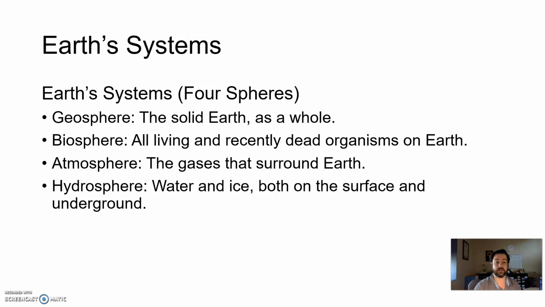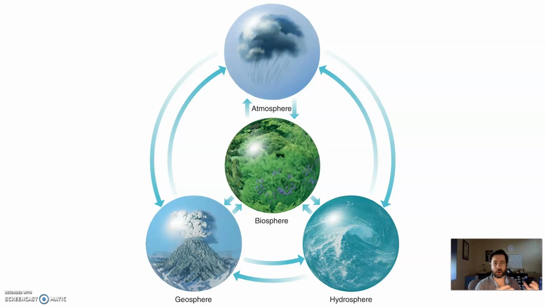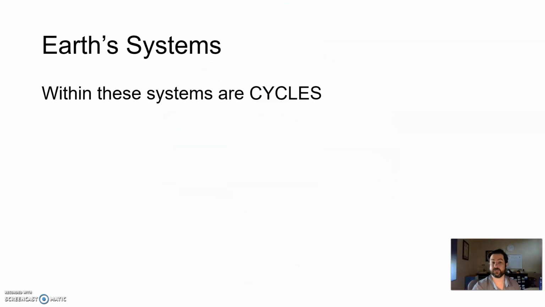So that's why you have to study these different spheres, not just the solid stuff, but the living stuff, the atmosphere, the water. They all play a part. They all interact. The atmosphere and the biosphere shape the geosphere. Wind and water, rain shapes rocks. Same with water on land, rivers and streams, and ice and glaciers, as well as living material, can help to shape and break down any rock material, any solid material. So it all flows together.